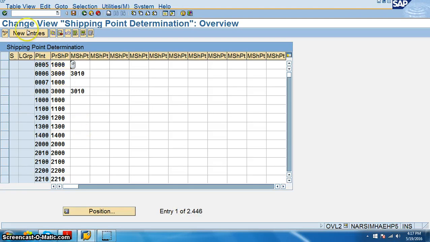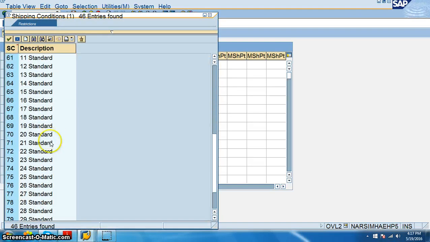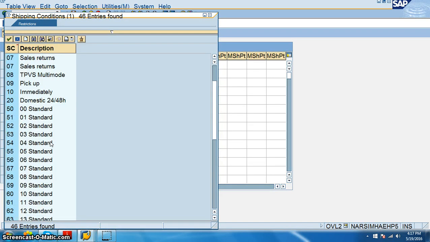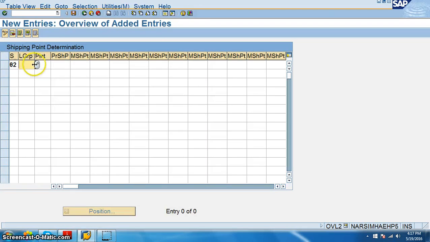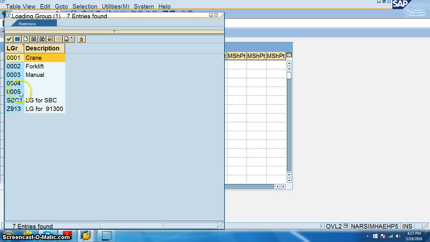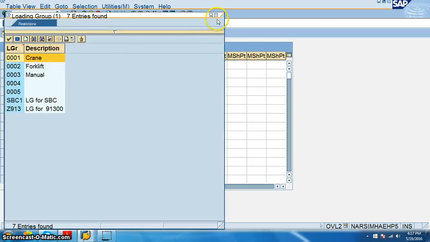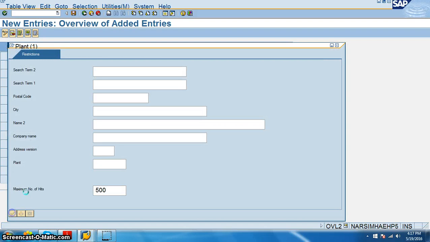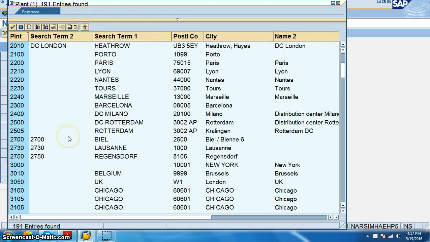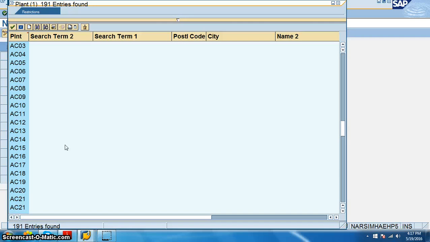Shipping determination. We go for new address, and in this we have the shipping determination. We can create a shipping point, so we are going for standard one, large group. We have crane, we have plant. The plant that we have here is VPRO, the plant that we created actually.